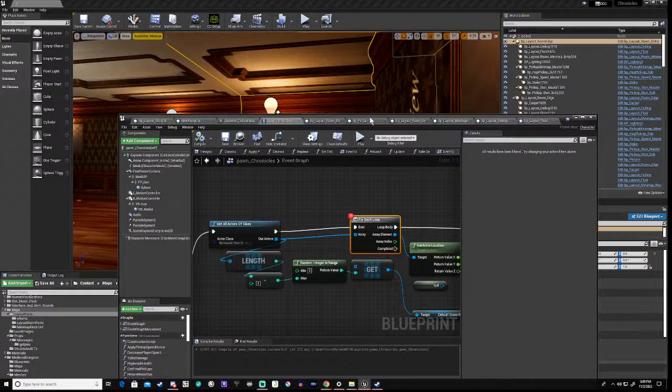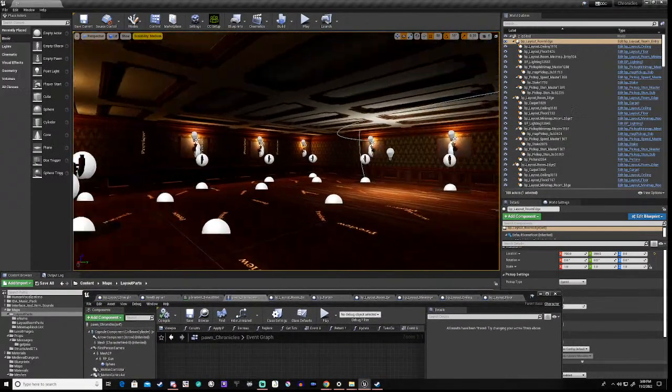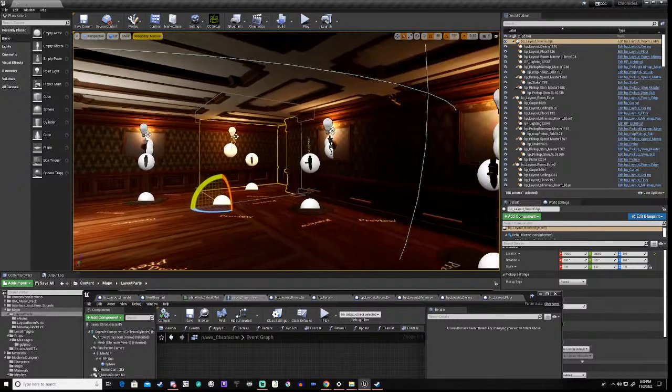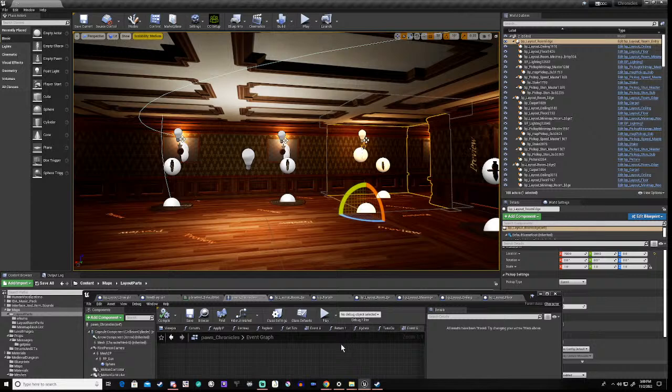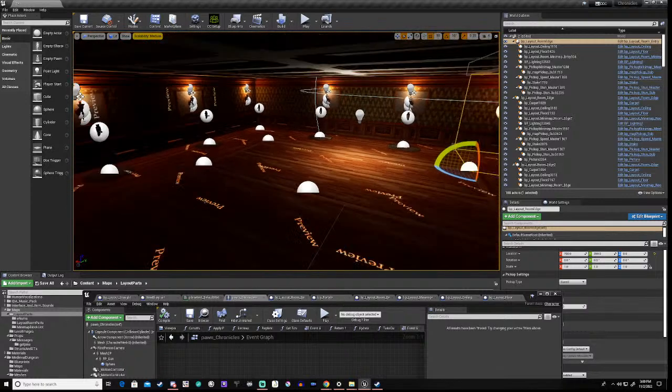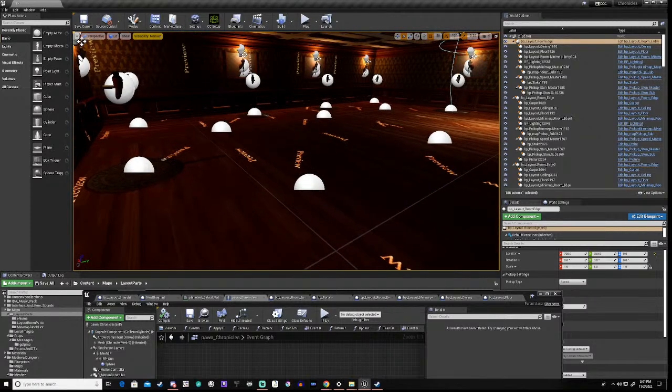We did not break. So we do need to get the components, right? Because this would be random, right? And kind of it wouldn't, no, it kind of would make sense. But what we could do, right, is we could actually add a target location,